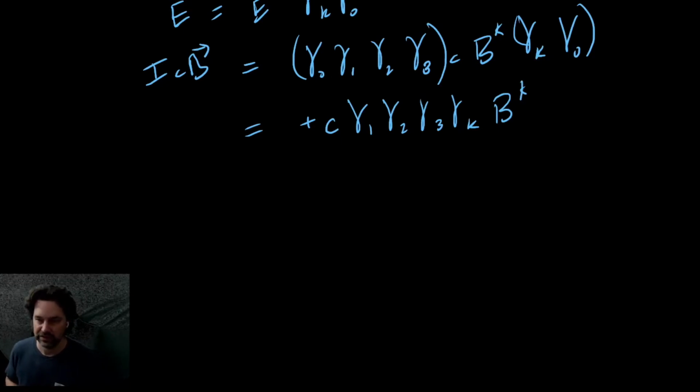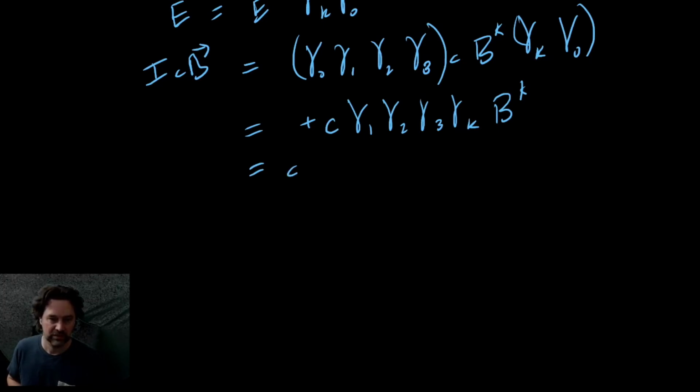Now, for K equals 3, our gamma^3 will be obliterated, and we're left with a minus sign. For K equals 2, we can commute once, which gives us a minus. Maybe I should just write these out. So if I expand out the sum, we have